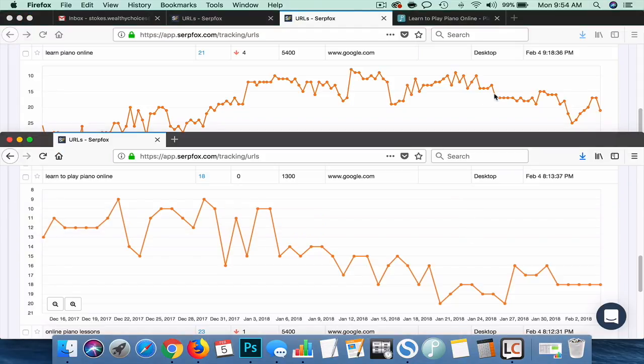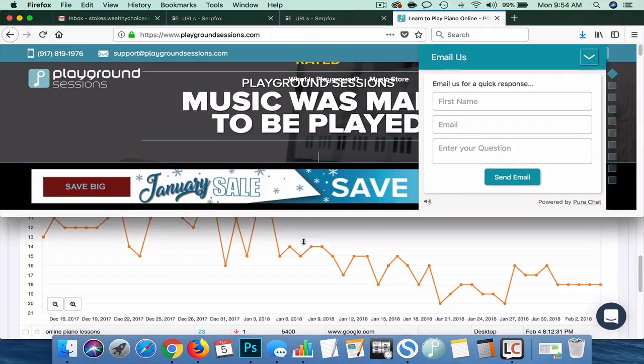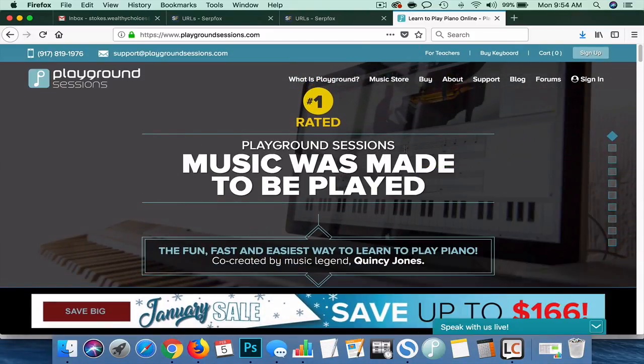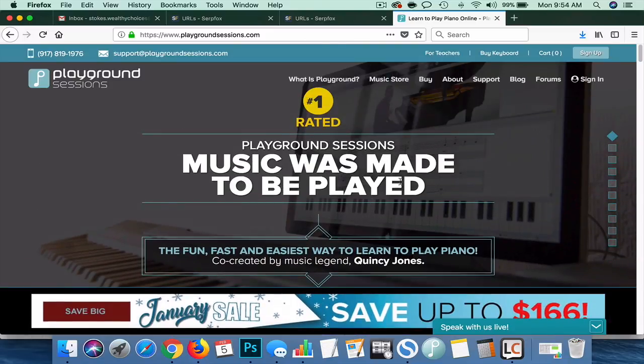The only suggestion, if in the next few months we just don't stick to page 1, is that we could look at getting a bit more aggressive on the actual on-page text with our homepage. I won't get into this now, but we could include a bit more Learn to Play Piano and Learn Piano Online in some of our headings. I don't think we need to do that yet, but that should be the next troubleshooting thing we look at in the next few months.